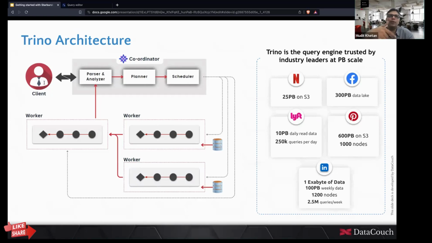Now, this client can be a human user interacting with Trino through its CLI. This human user can be interacting through a web UI. For example, we are going to see the demonstration of Starburst Galaxy. It can be a business analytics or data analytics tool. It can be any tool which is going to fire the query to fetch the data, to receive the data, and to present it to the final user. Right?